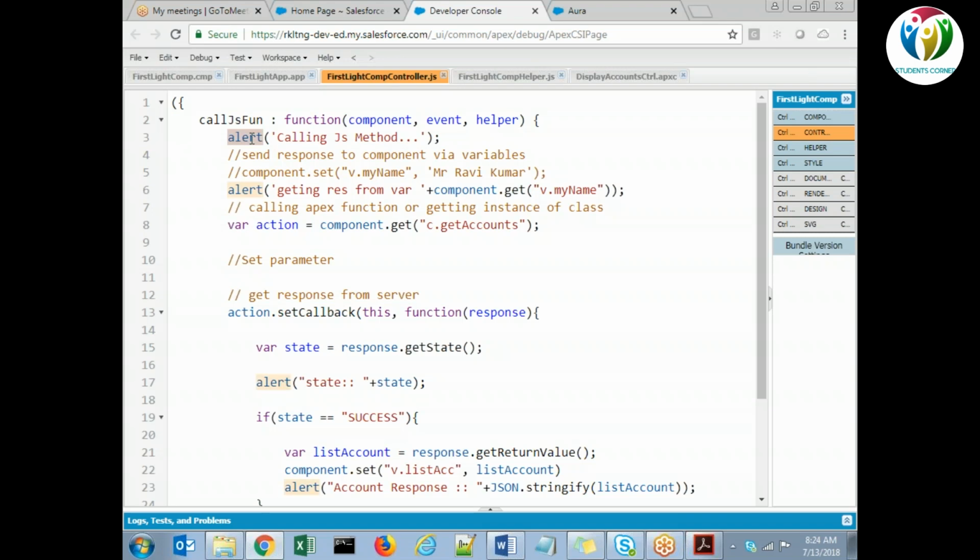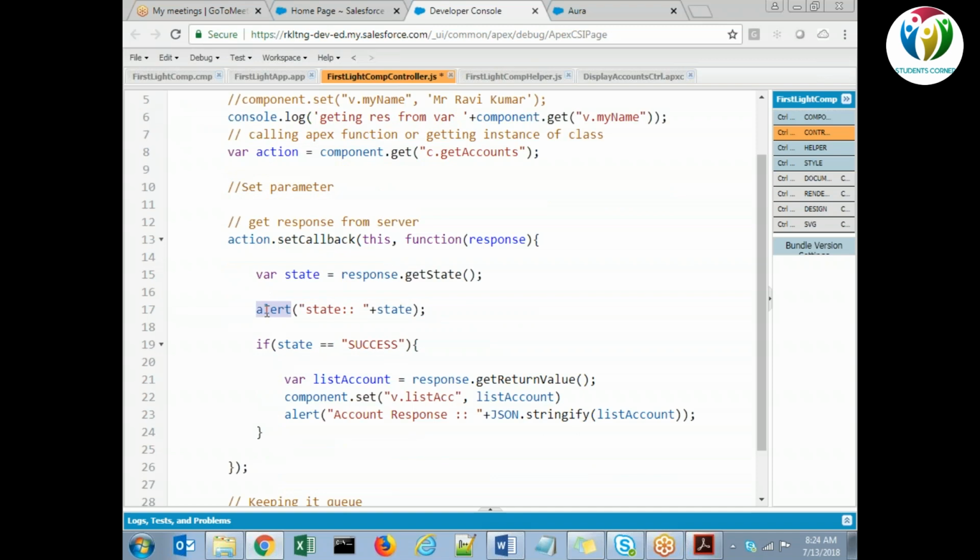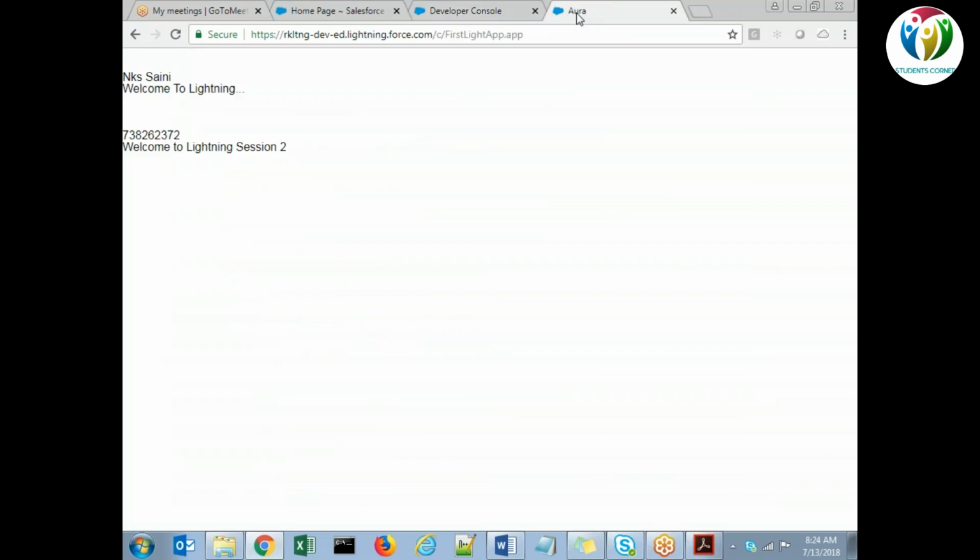So your alert will be in production, and when actually a user will be using the application, they will be getting unnecessary alerts. So those alerts do not make any sense to the users, right? So better to use console.log.